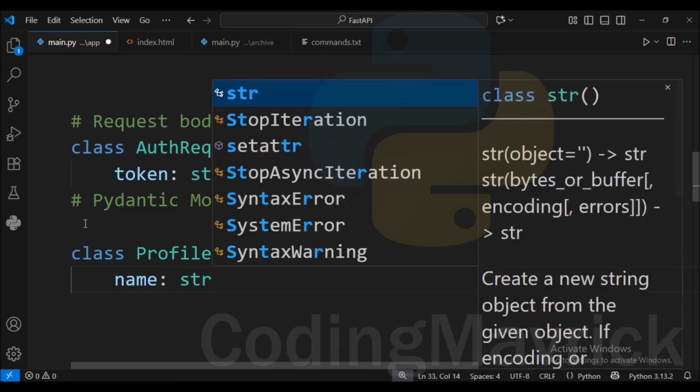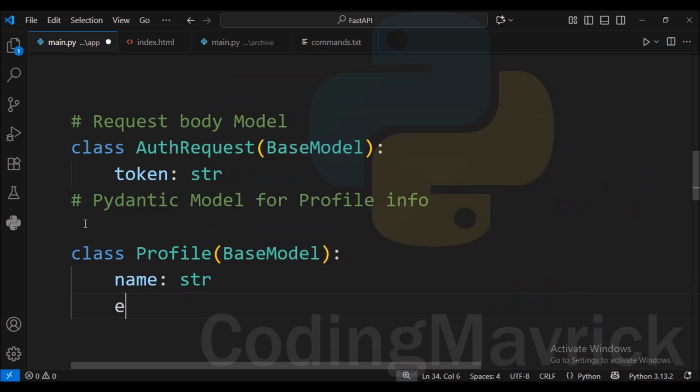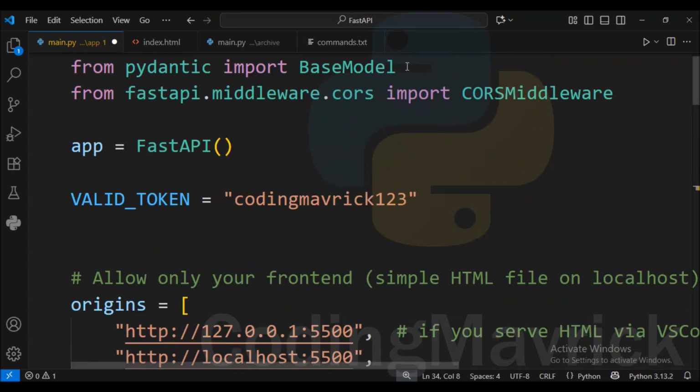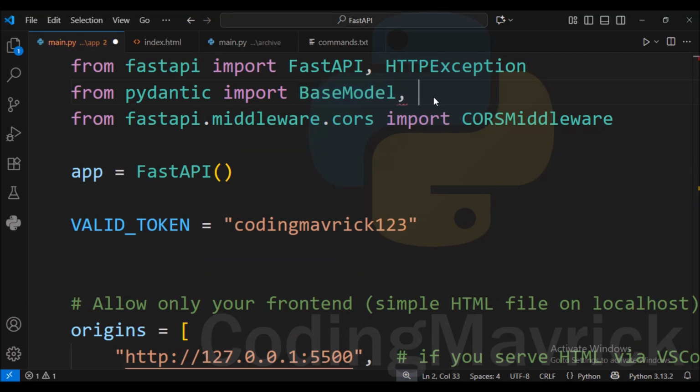The profile must include a name and it must be a string. The profile must also include an email and it must be a properly formatted email address. The profile must include an age and it must be an integer. And for the email string, we have to add its desired import in the top section.